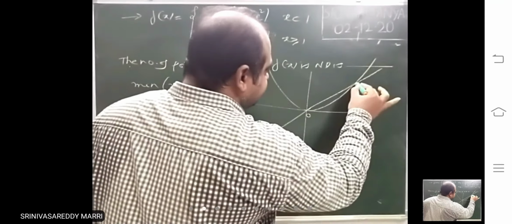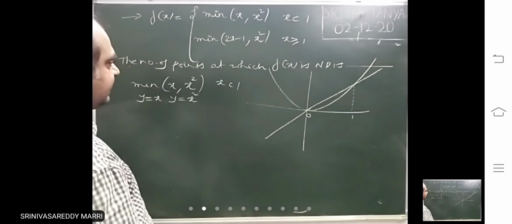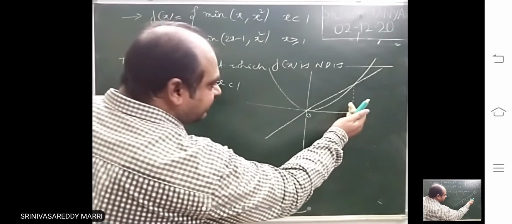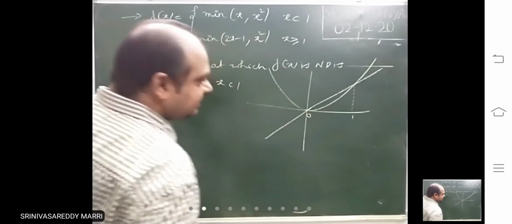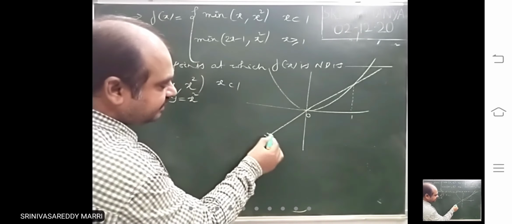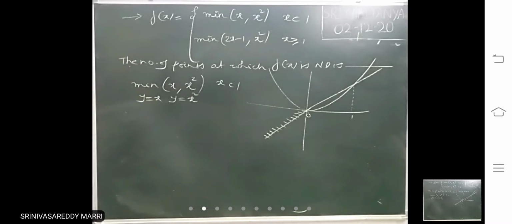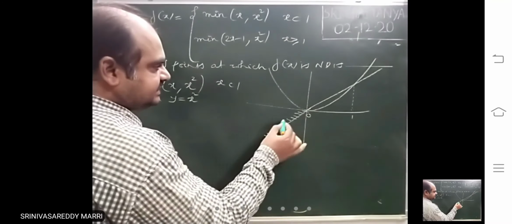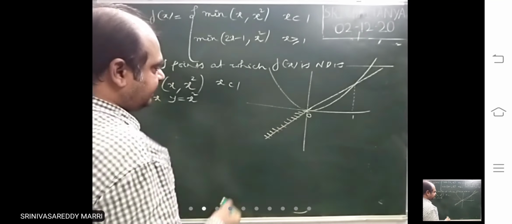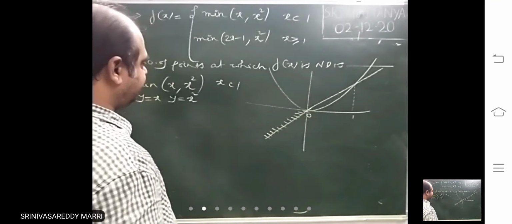So you know that it is already drawn in the previous problem. This is 1, only 2 are there. Now what is it asking? Only when x is less than 1. Less than 1 means till here only. Till here, what is the minimum? When x is less than 0, this is the minimum. And then between 0 and 1, x square will be the minimum.